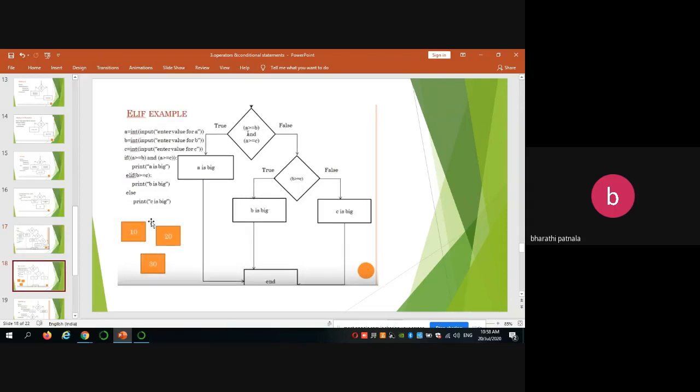The example is comparison between 3 variables. Which one is big? Whether A is greater than or equals to B as well as A is greater than or equals to C, you can say A is big. When B is greater than or equals to C, you can do the same.